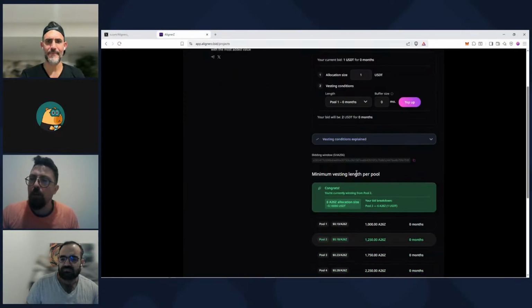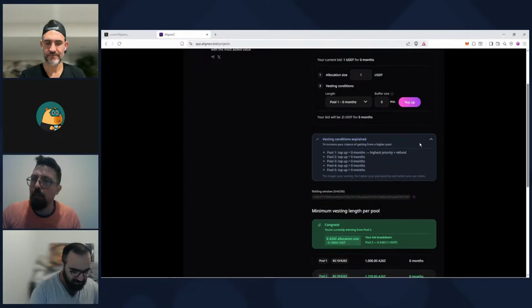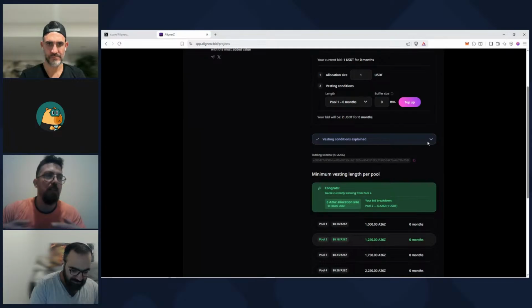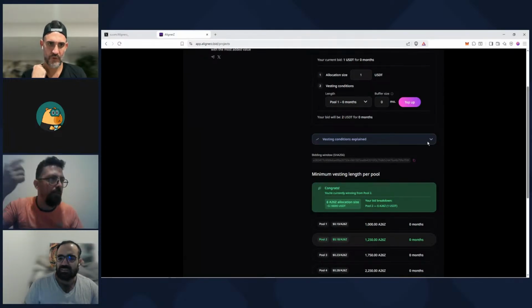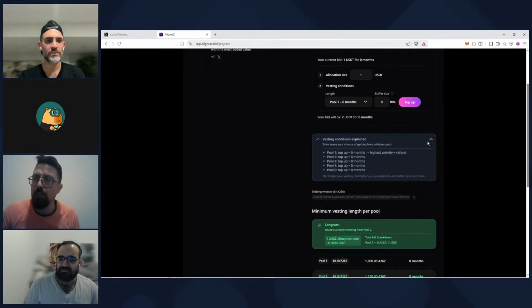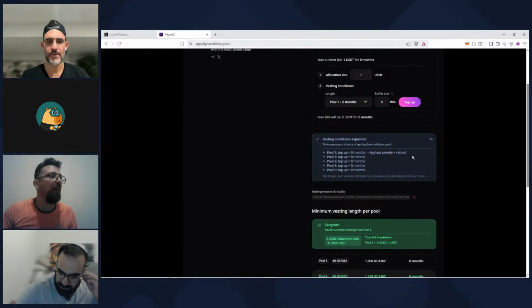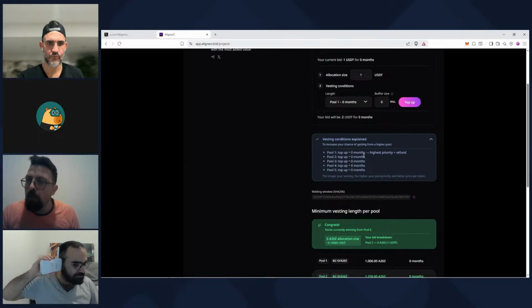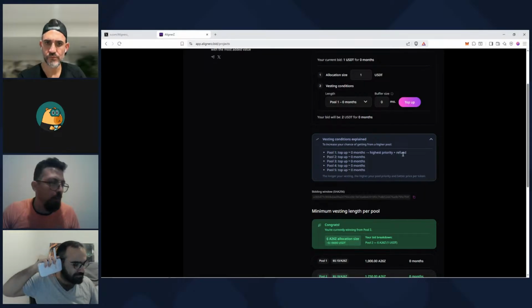Bam. So here, if you want to understand what is happening: if there are thousands of bidders, there is no way to read every bid, connect everything together and keep calculating. So here you get feedback on what is happening: the pool, highest priority plus refund.